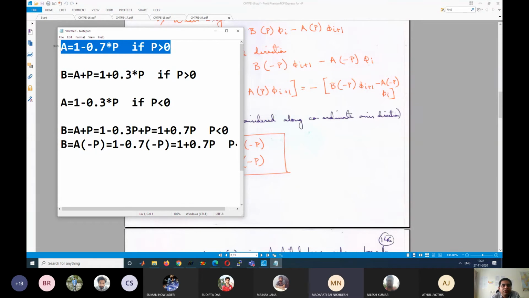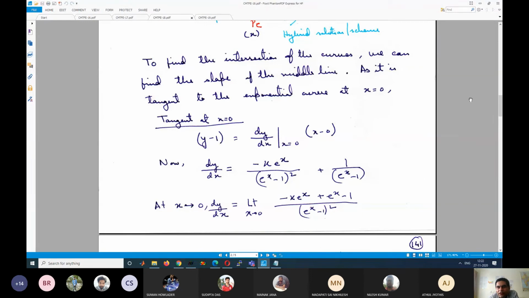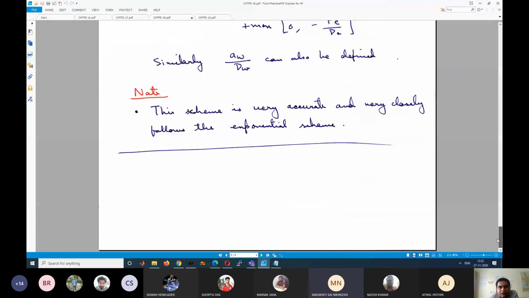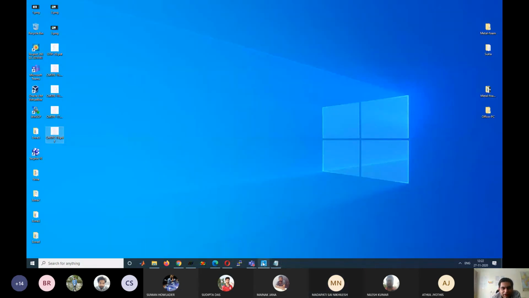Will you be able to derive all the coefficients a and b for any value of Peclet number? Yes, sir. So that is the advantage. Previously, how were we devising the equations? For some range of Peclet number, some function, for other range of Peclet number, some other function, for another range, some other function. Now, instead of going over the full range, if you know the variation of Peclet number between 0 and positive infinity, you will be able to define all the other coefficients, right? Yes, sir. So that is the advantage.